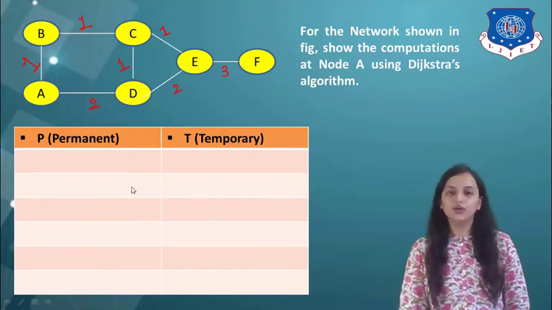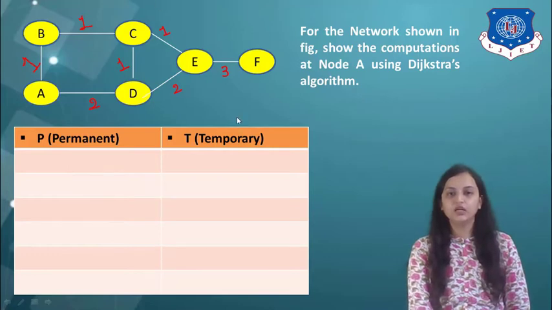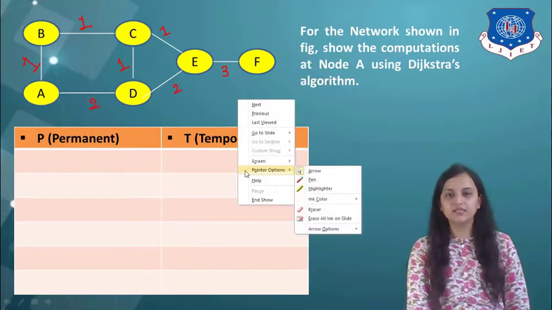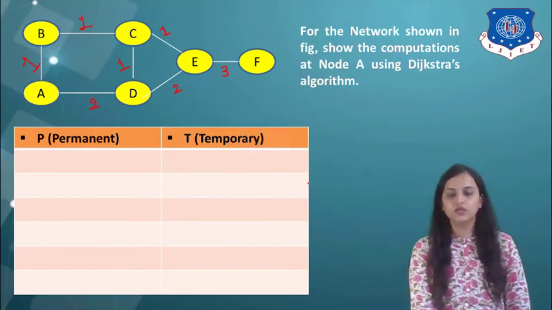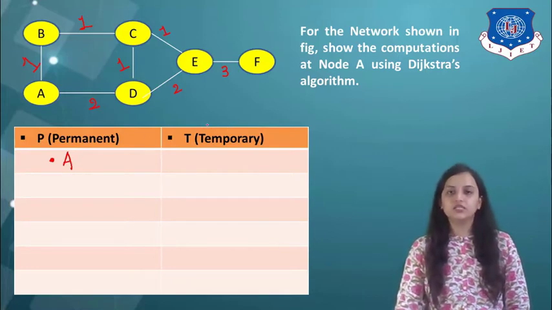So all you need to do is start from the root node, which over here is root node A, and starting from that to the last node, in this case F, we have to take all the nodes to the permanent side step by step. So let's start how we can do this. First of all we are starting from node A, which is our root node in this case. So first of all over here, the permanent node is our root node, which is A. What you need to do is check all the outgoing lines from this root node.